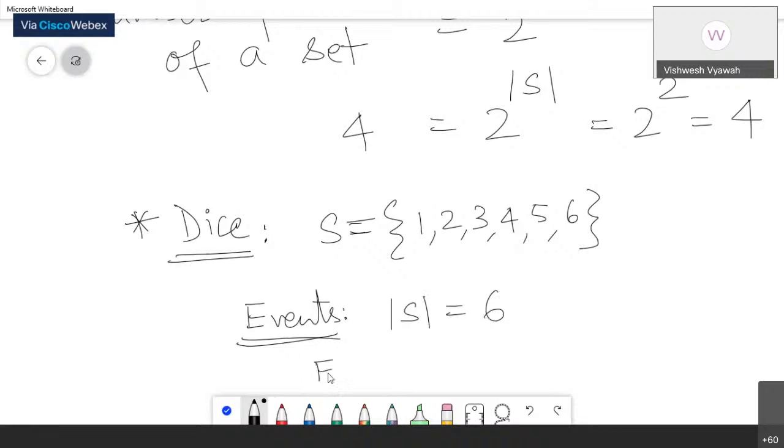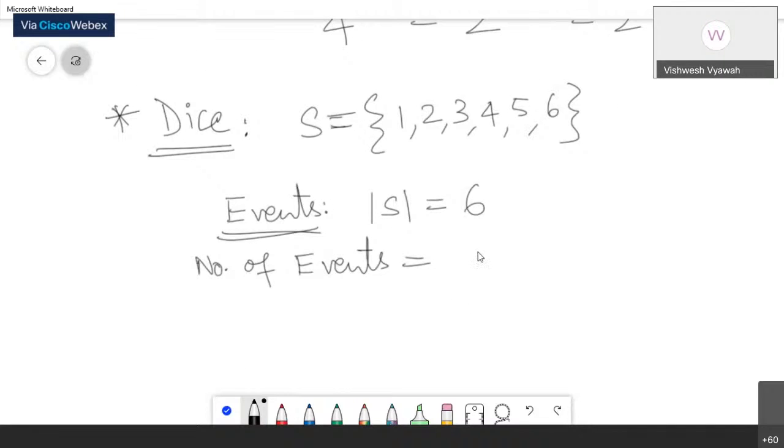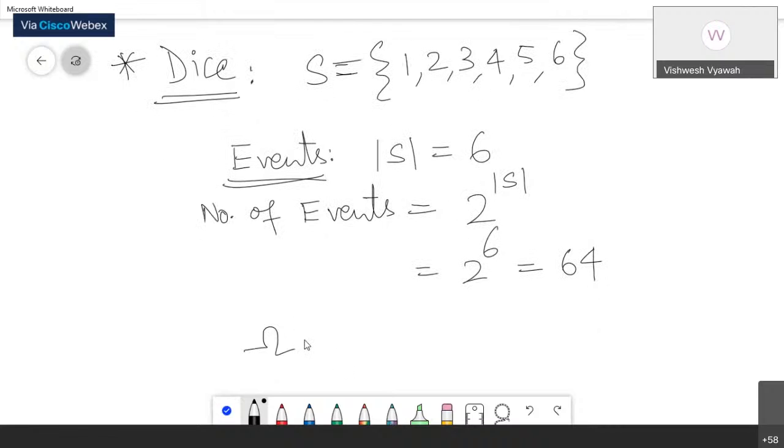So how many events will this have? The number of events that it will have is 2 to the power cardinality of S, which is nothing but 2 to the power 6. What is that? 2, 4, 8, 16, 32, and then 64. Okay, so there are 64 events, and therefore sigma will have 64